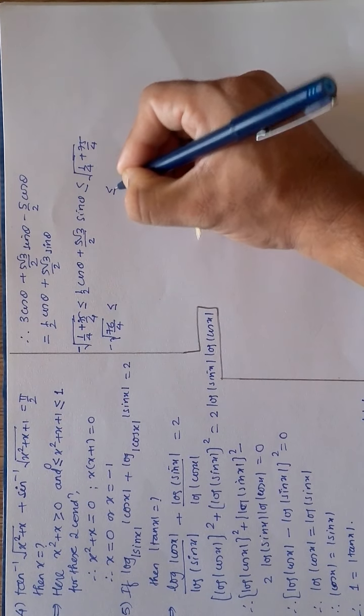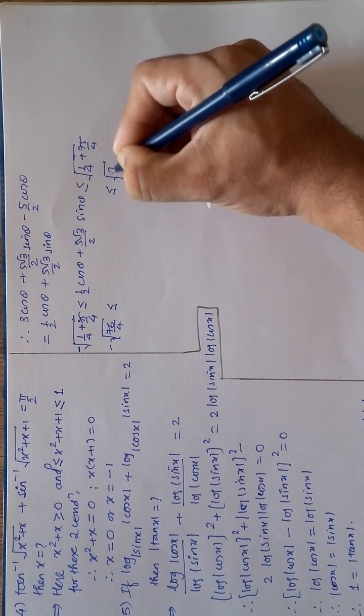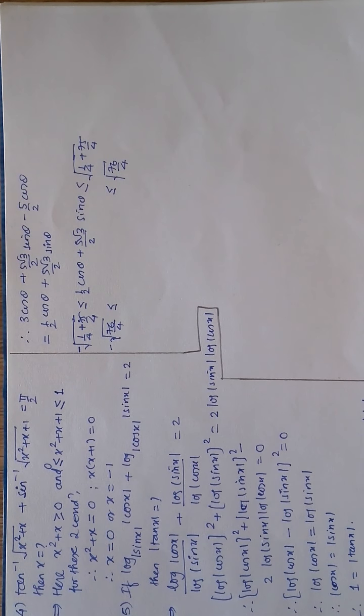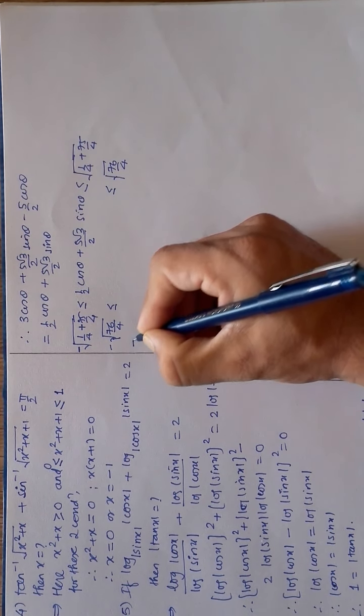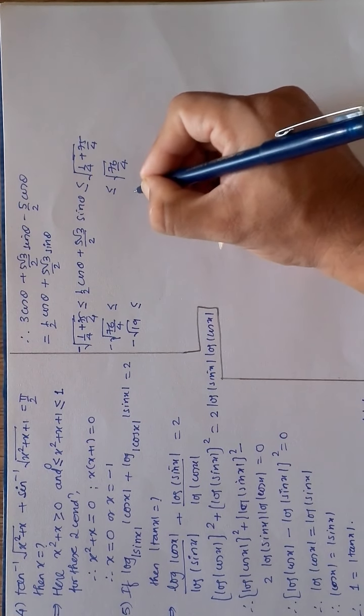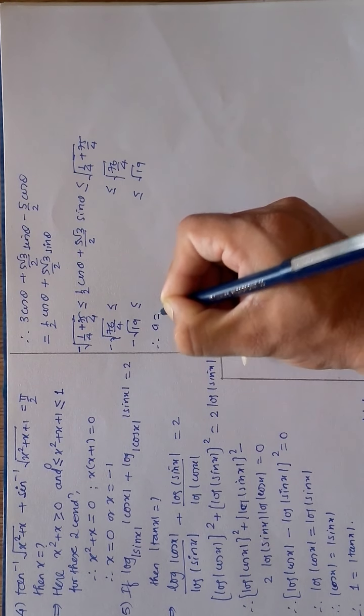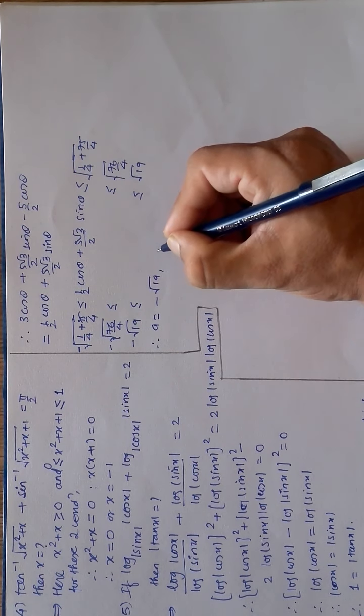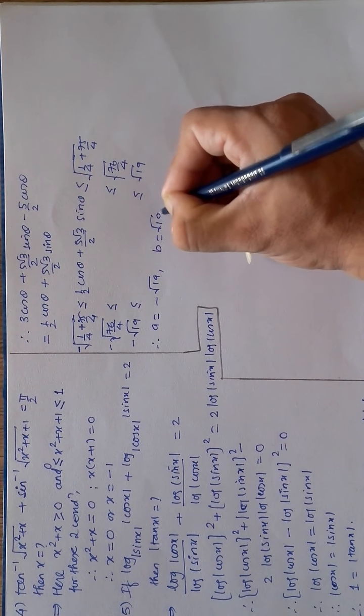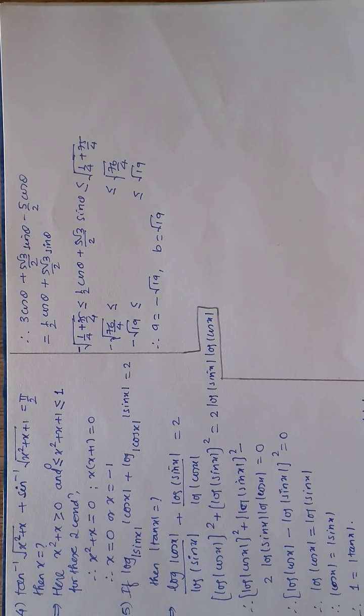It is less than or equal to under root 76 by 4, which I think will be 4 times 19, yes, 3 and 19. So it is greater than or equal to minus under root 19 and less than or equal to root 19. Comparing with the question, if I want this question to hold true, the value of a must be minus under root 19 and the value of b must be under root 19. You recollected the thing which I told you last session. So I am applying here whatever I studied last time.